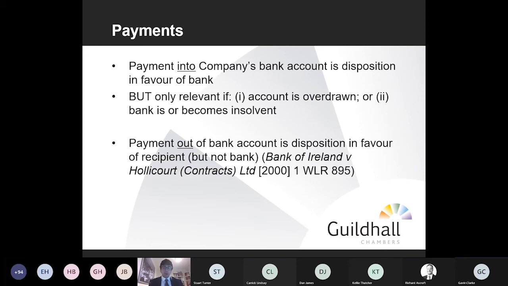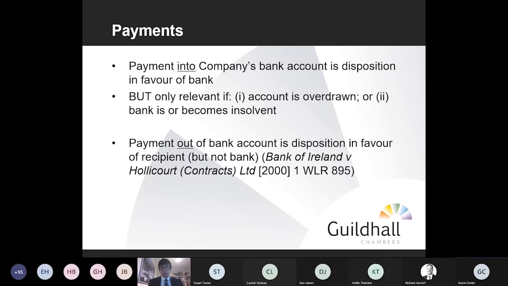But it's worth noting, because if you have a case in which a company's bank account was overdrawn, and money has been paid into it by creditors, by debtors of the company after the presentation of the petition, those transactions can be set aside against the bank because the effect has been to reduce the bank's liability, or the liability owed to the bank, should I say, and then the net effect is that the bank is put in a better position than other creditors.